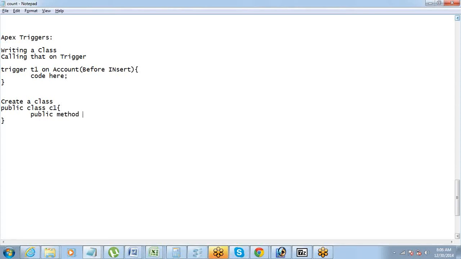Public method, let's say M1. Okay, now while you write your trigger, you can straight away go and put this thing.